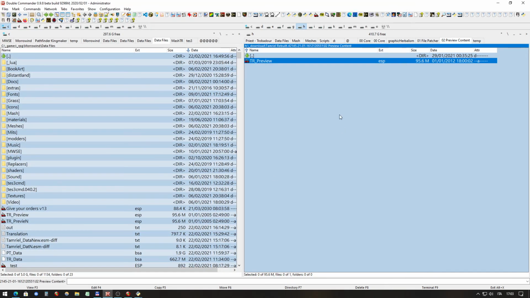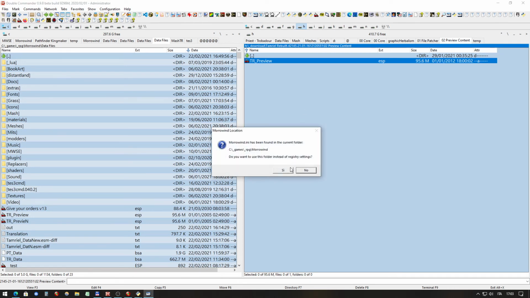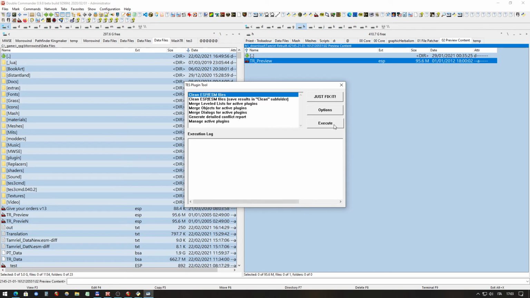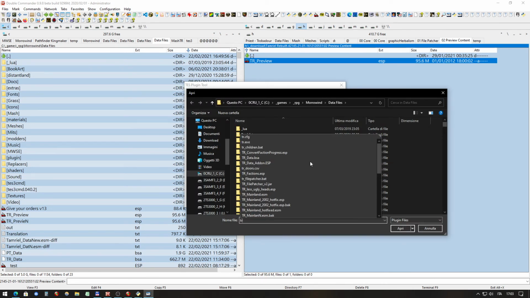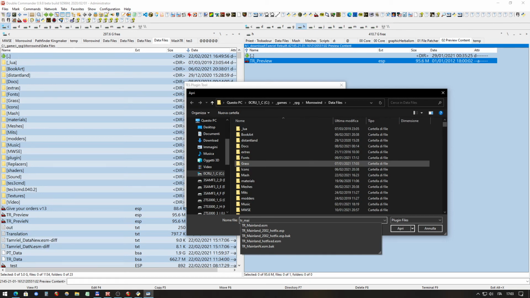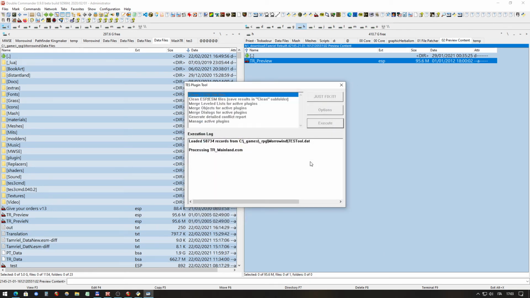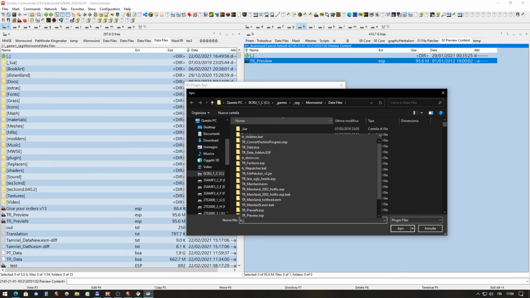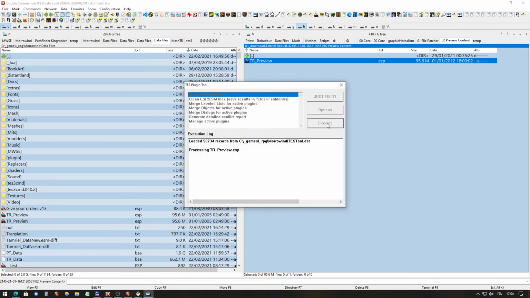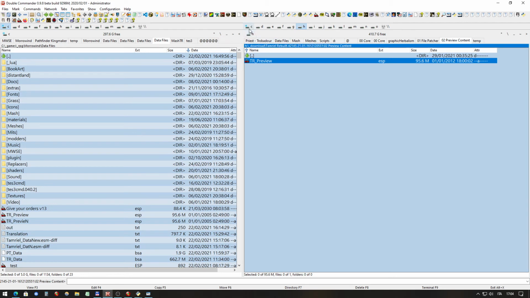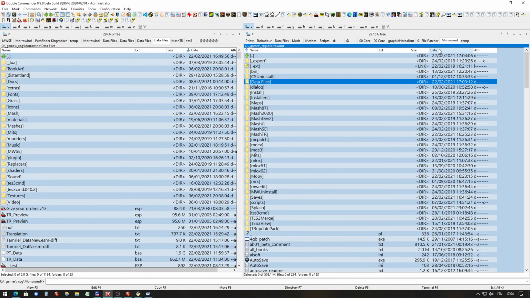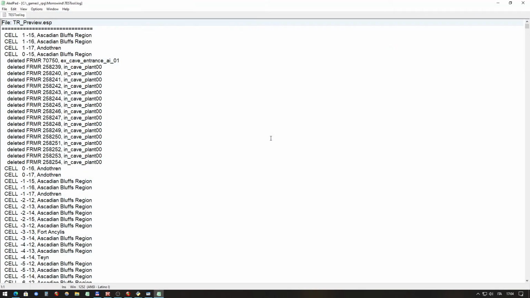That's it. But as we are here, let's clean also these things, because you know any mod can have problems. So we just try and clean the mainland. That is already clean, and that's good. And then we do the same with the preview. And the preview has some good things that needed cleaning. We can take a look at this, the log, to check things that have been